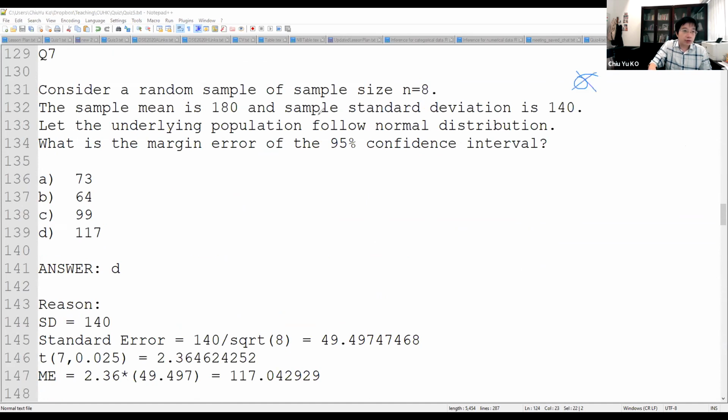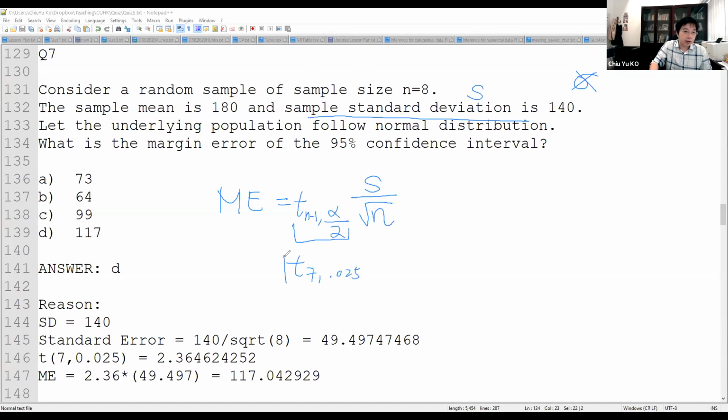Now we know the sample standard deviation, that's S. So the margin of error formula for the sample mean will be t alpha over 2, S over root n. Sorry, I should be a little more careful, because for t I need to write down the degrees of freedom, which is n minus 1. So it's t 7,